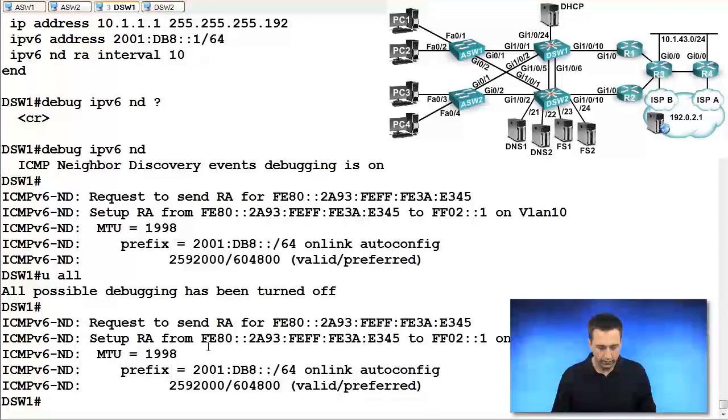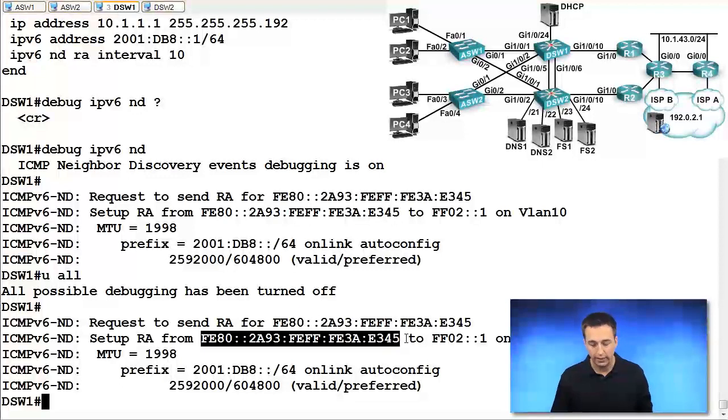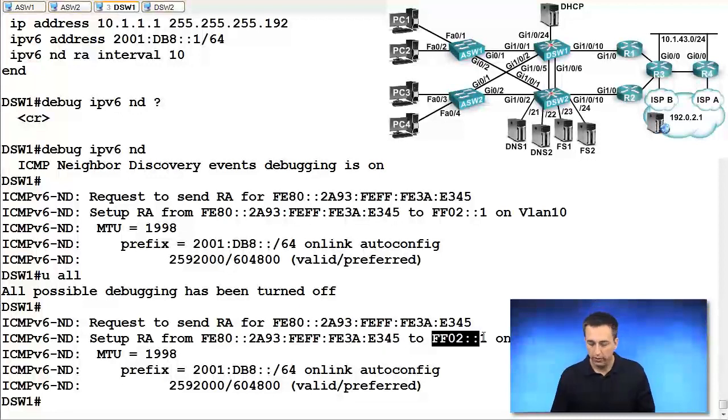And look what it says. It says we're sending it out interface VLAN 10. We can see the link local address that is being utilized to send that router advertisement. But notice also the destination multicast address. It's that all hosts multicast address of